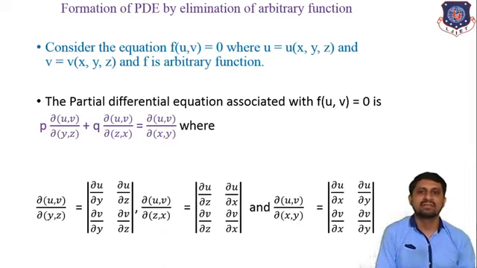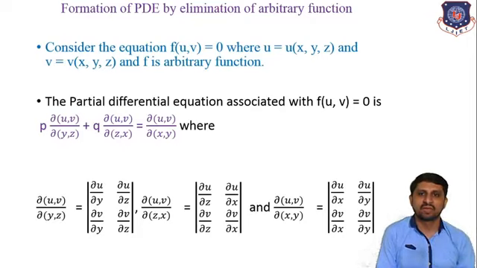In this lecture, we will discuss formation of PDE by elimination of arbitrary function. But this time our function is a function of two variables. So you can see on the screen, consider the equation f of u, v equal to 0, where u and v both are functions of x, y, z. Now for this type of function, if we want to make a first order partial differential equation from this equation, then you have to remember